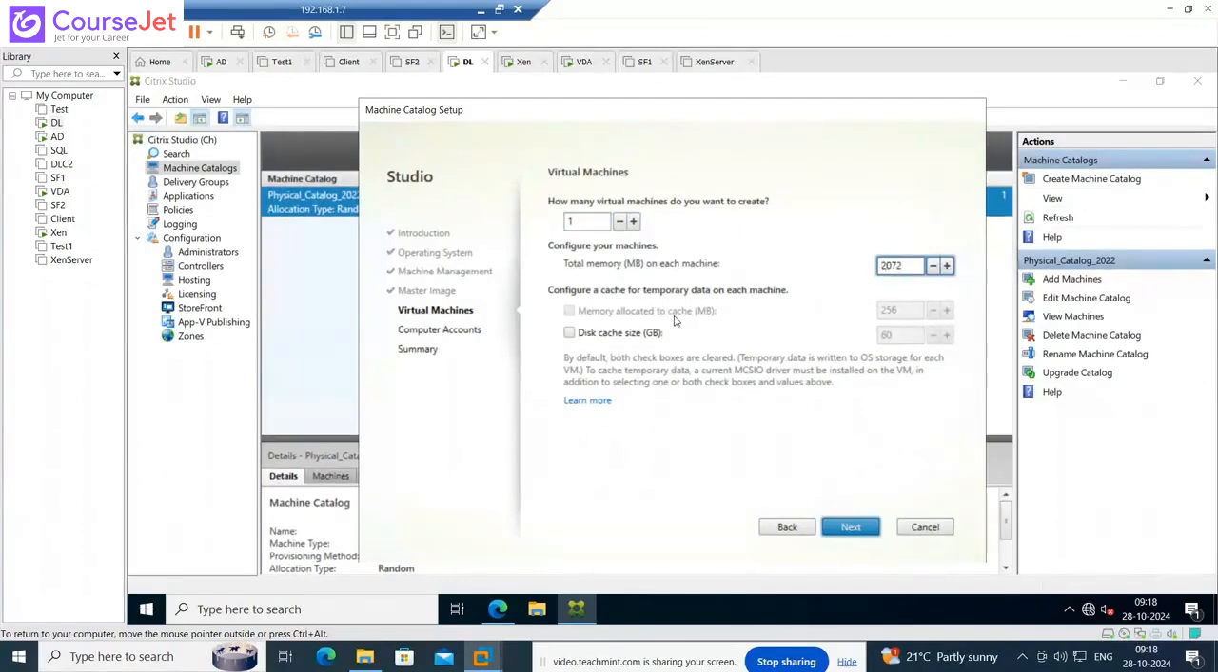And the disk cache will come into the picture. If you want to have a separate drive to cache all your machine restart data, you can create this one. If you don't want it, you can leave it as it is. But in real-time scenarios, mostly they'll have a separate disk to hold the cache. It could be either D drive or E drive. So something like that they would use. So if you choose this